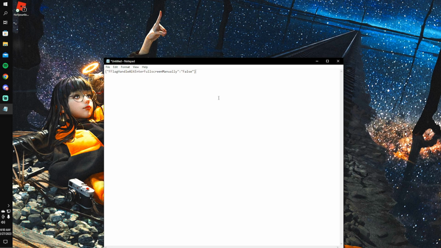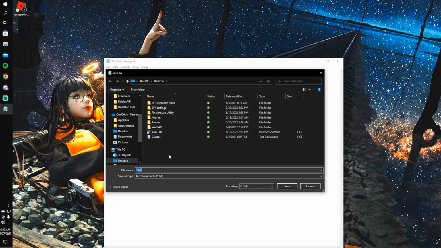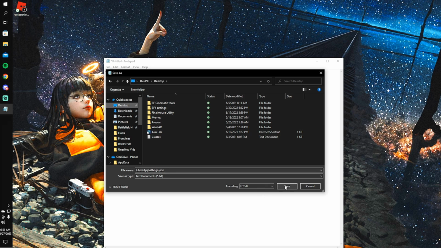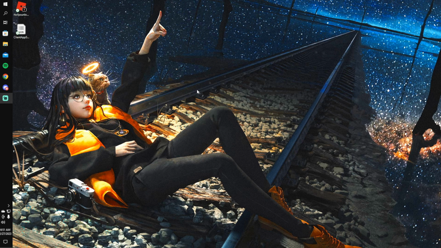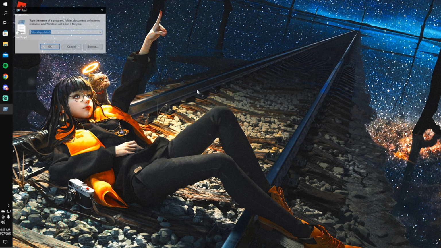You are then going to want to click File, Save As, and you're going to want to save this as ClientAppSettings.json. Again, this is case sensitive, so you need to type this perfectly. And then you're going to want to save this somewhere where you can easily find it. For the purpose of this tutorial, I'll be saving it to my desktop for easy access. You are then going to want to hit Windows key plus R on your keyboard simultaneously, which should pull up the Run menu. And then you're going to type in